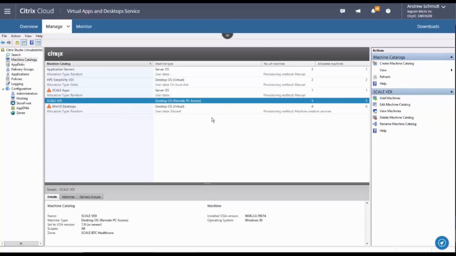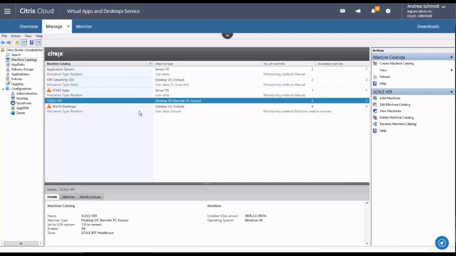Okay, so if you've used remote PC access, typically this would be a physical desktop. You'd install the Citrix VDA, point it to your delivery controllers or your cloud connectors in the Citrix Cloud case, and you usually will not have power control. So yes, with remote PC access, you could do Wake on LAN, but to do that, you need Microsoft System Center Operations Manager (SCOM) running to be able to do that Wake on LAN. So in most cases, unless you've got SCOM in place already,